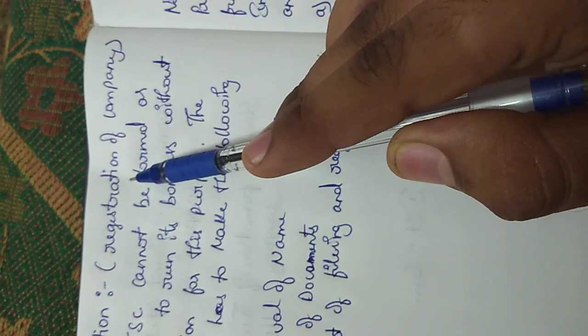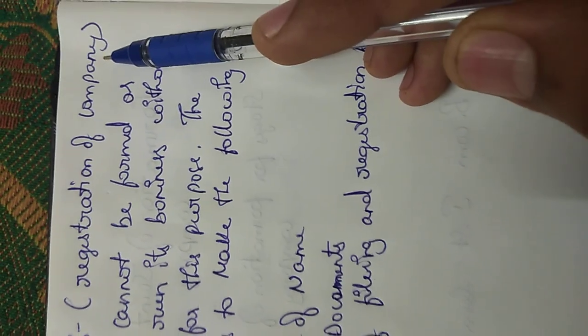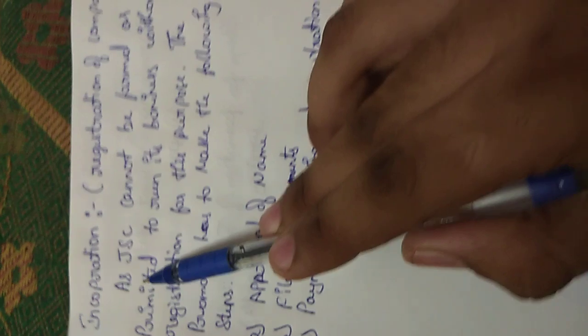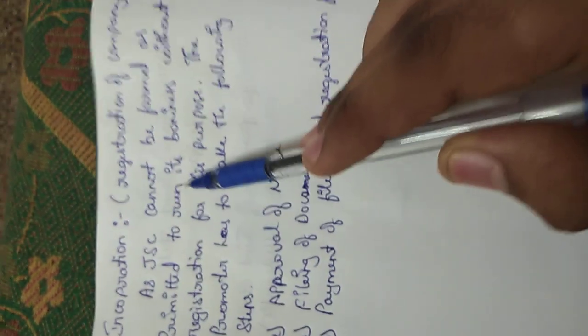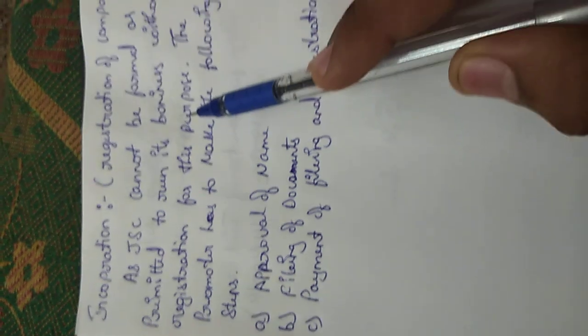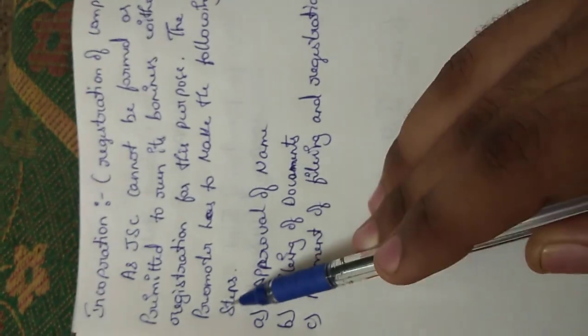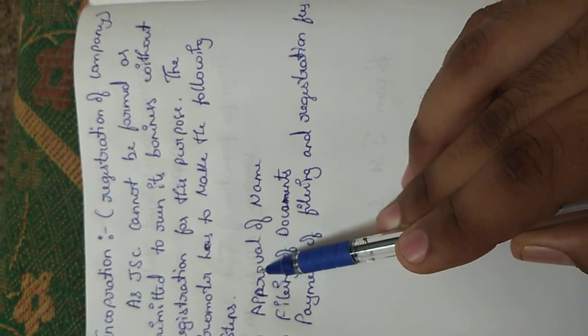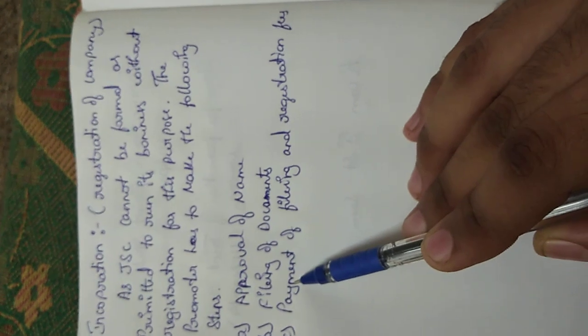Incorporation means registration of a company. A Joint Stock Company cannot be formed or permitted to run its business without registration. For this purpose, the promoter has to make the following steps. First is approval of name, filing of document, payment of filing and